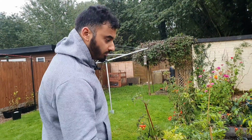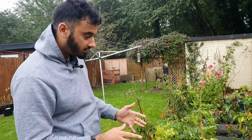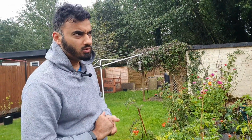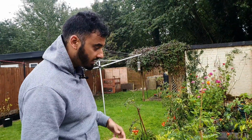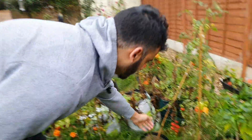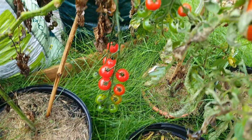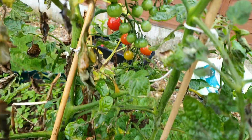So toms, planted 4 months ago from seed. Was it 4 months ago? I think it's about 4, maybe 6, losing track. But anyway, we had cherry tomatoes. Look at these. They've come out really nicely now. So the first set of trusses, even the second set of trusses, starting to